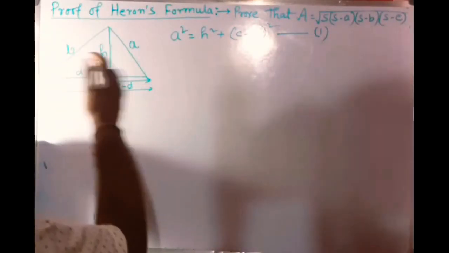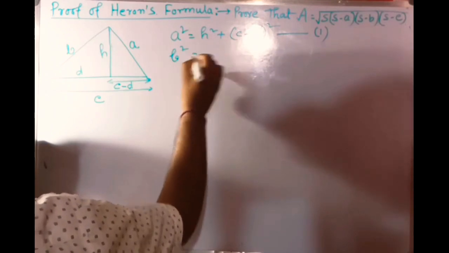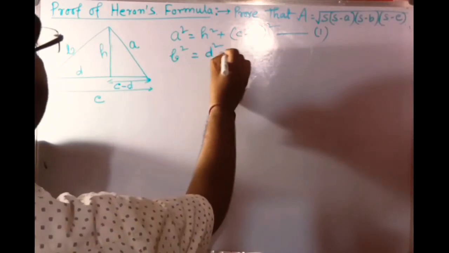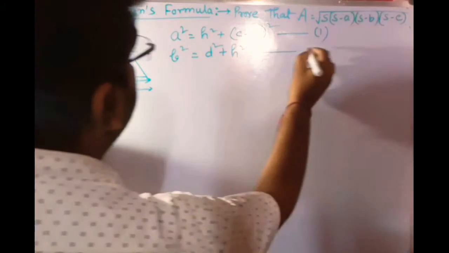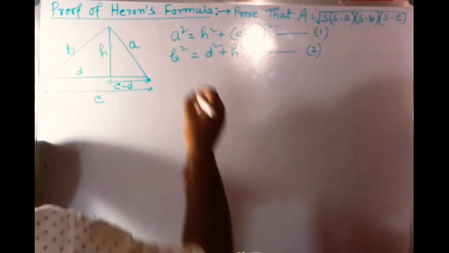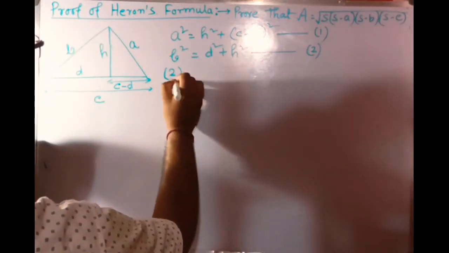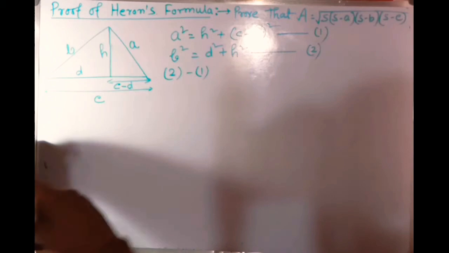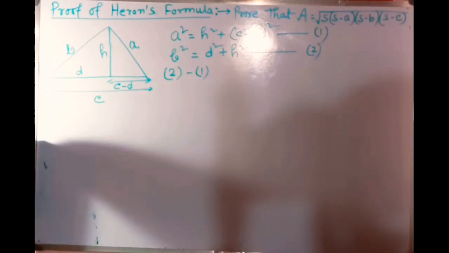And b square is equal to d square plus h square. This is equation number 2. Understood? Now subtracting 2 from 1,